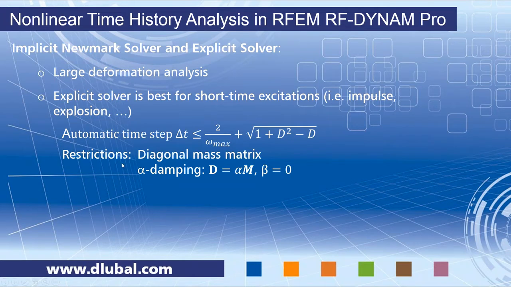It's only working for a diagonal mass matrix and also for a diagonal damping matrix. And for the damping matrix, this means you can only define alpha damping. The beta needs to be 0. These are restrictions, but